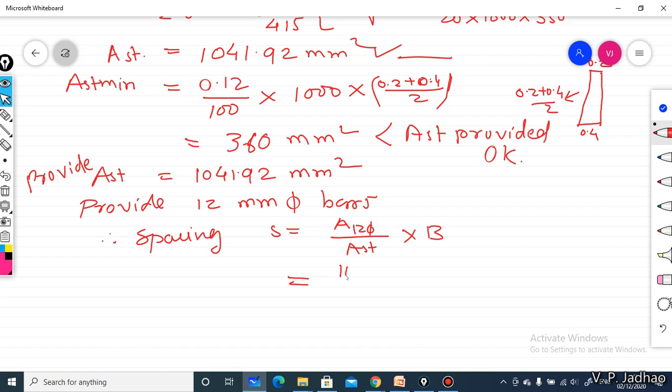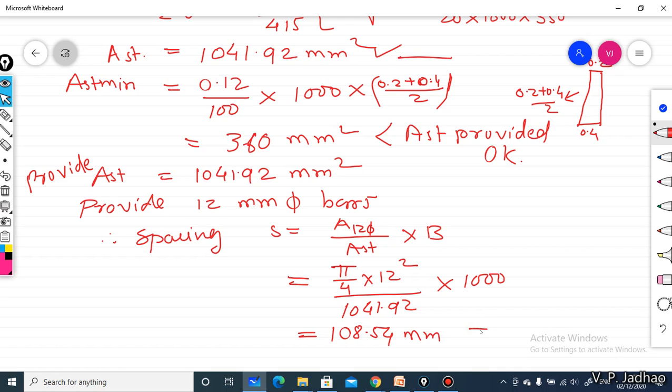The area of one 12 mm bar is pi by 4 into 12 square, divided by Ast provided 1041.92, and width is 1000 mm. So this spacing comes out to be 108.54 mm, which is approximately equal to 100 mm. Therefore we will provide